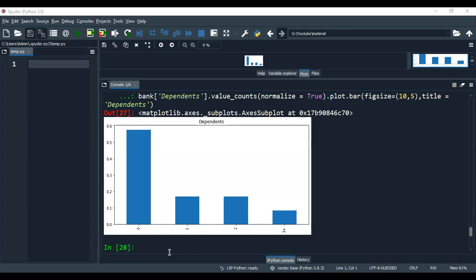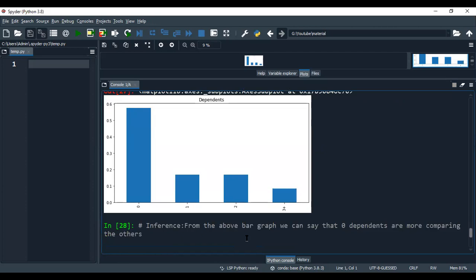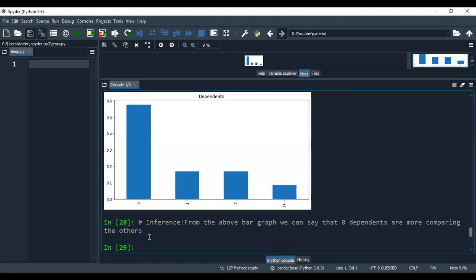The inference for the same is: from the above bar graph, we can say that zero dependents is more compared to the other categories of dependents. Now let us draw the pie plot on the dependents column.